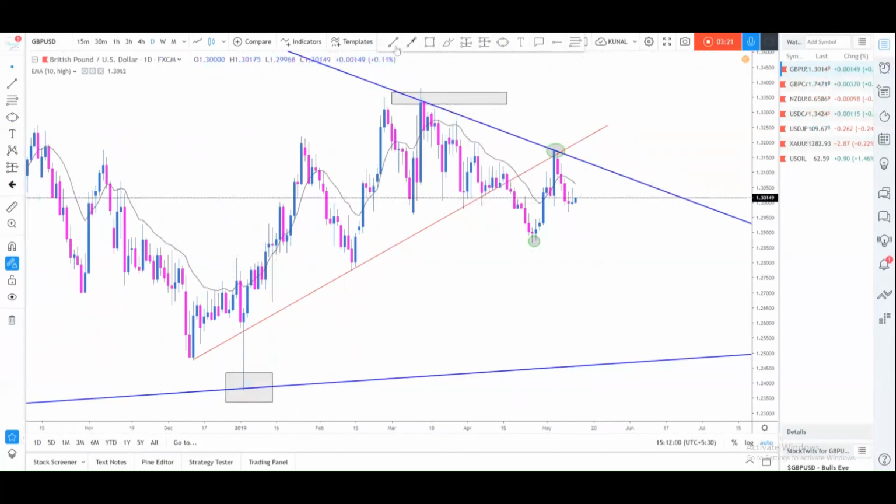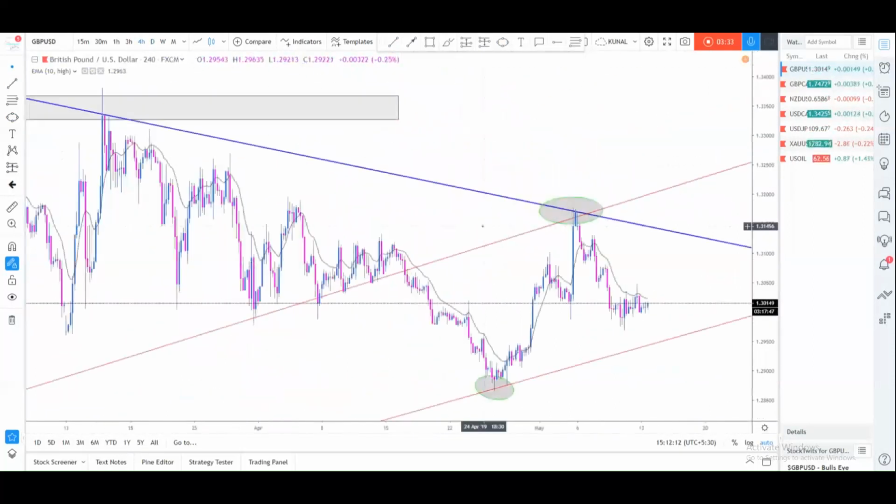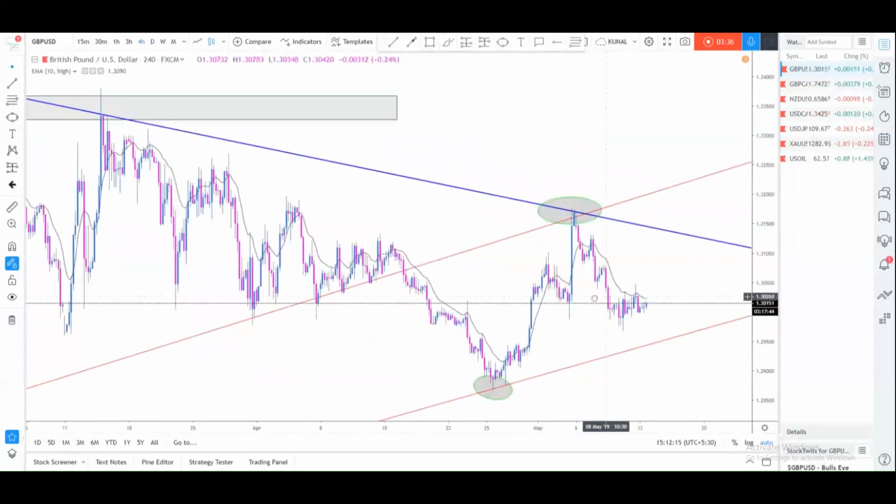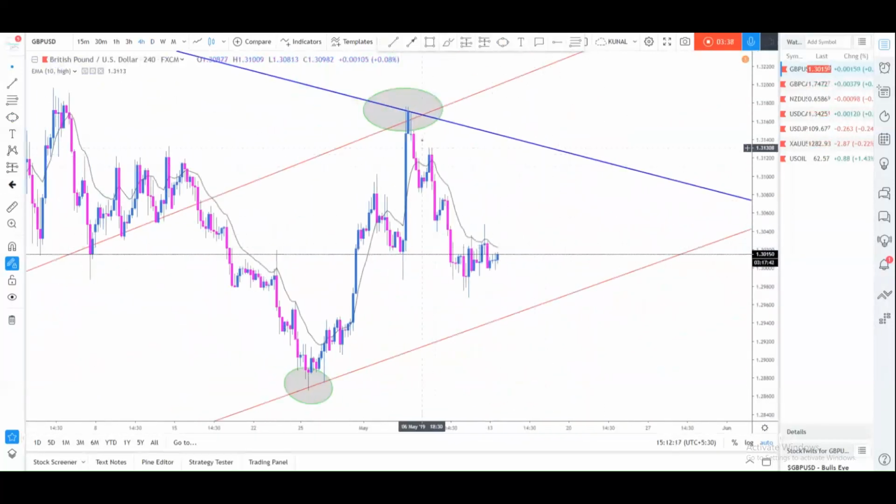Again, I'll just draw this trend line for reference. I know for sure that if I do manage to get a trend line bounce over here, I will expect something to go long. Coming down to the H4, I have this H4 and I see something. This was the high, this was the low. Again, we had managed to get this